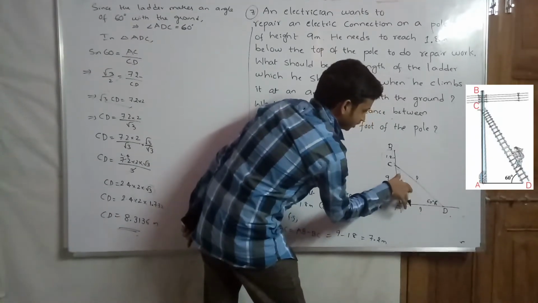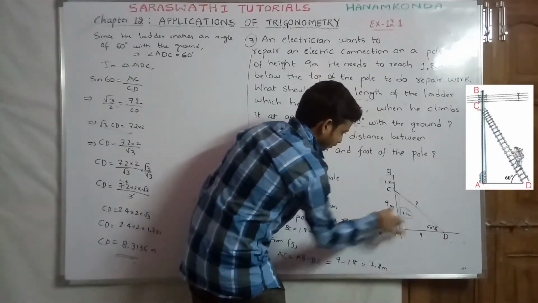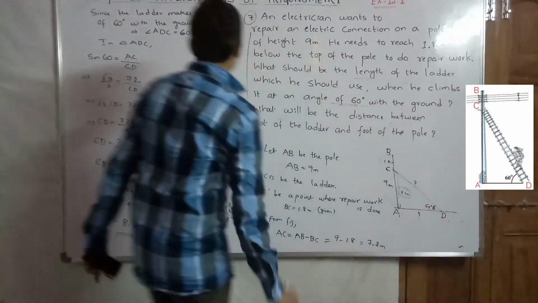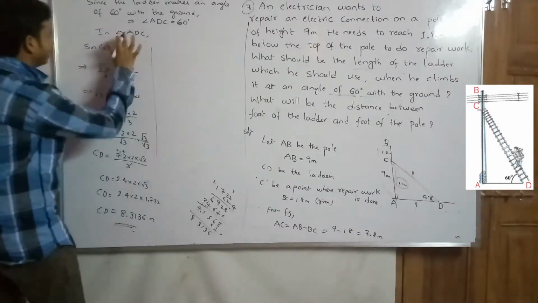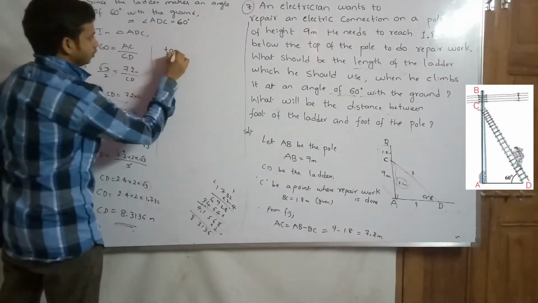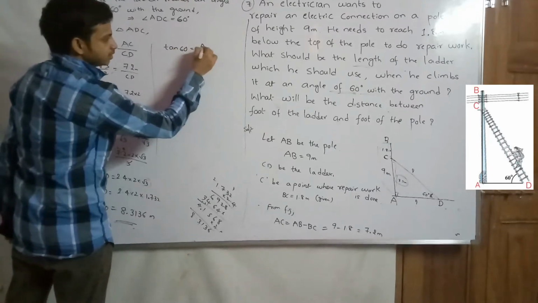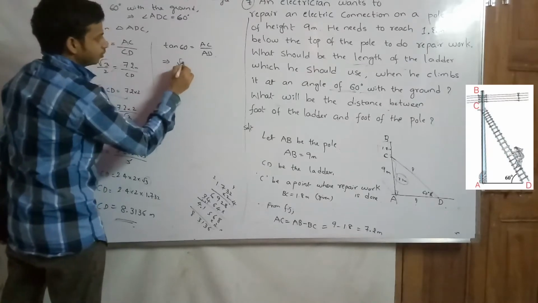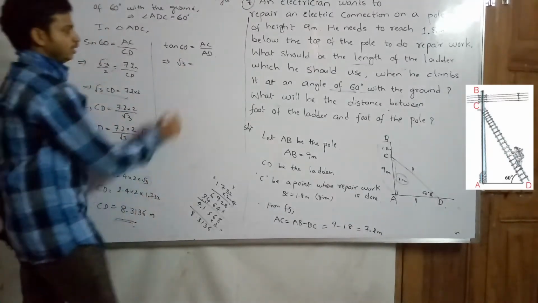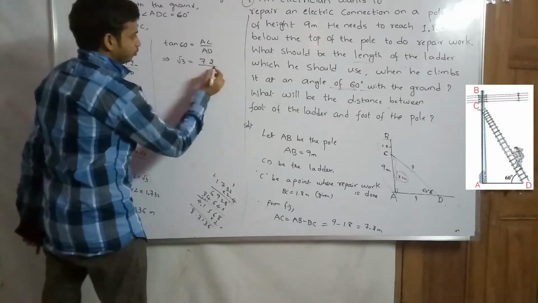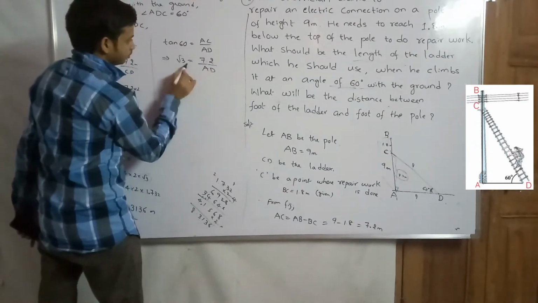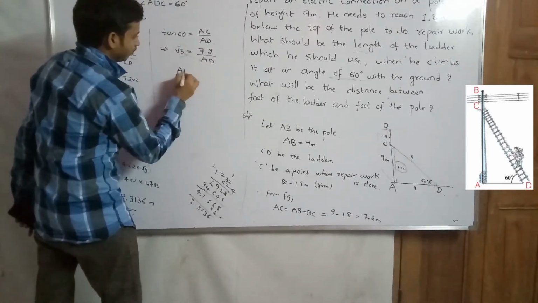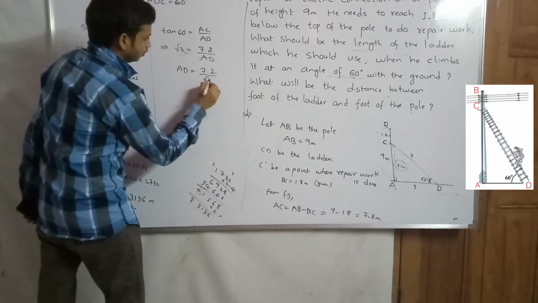Here the opposite side is obtained from the given data. So we have opposite and adjacent, which means if we apply tan here, we can find the AD value. Now in the same triangle ADC, tan 60 equals AC by AD, opposite by adjacent. The tan 60 value we know is root 3. So root 3 equals the AC value we have obtained, 7.2 meters, by AD. So AD comes to the left side and root 3 goes to the right side, divided. That means AD equals 7.2 by root 3.